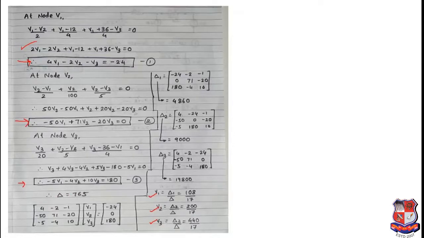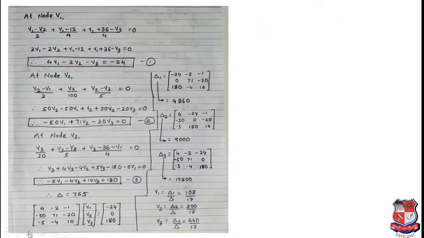So first you need to convert these equations into matrix form. So see here, I have taken all the V1, V2, V3 in one column and their coefficients as a matrix. 4 times V1, you can see 4 times V1 minus 2 times V2, so this minus 2 times V2 and minus 1 times V3, so this minus 1 times V3. Similarly for other two equations.